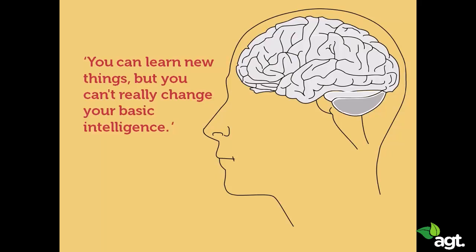If you think intelligence is fixed, then it most certainly is. It will be fixed for you. But if you think that intelligence is in fact something that you can change and that you can build up by putting effort into it and studying and learning, then you are able to increase your intelligence. This is just another version of the self-fulfilling prophecy we talked about in the last class.